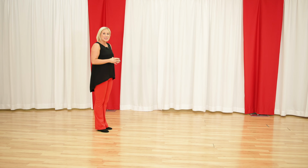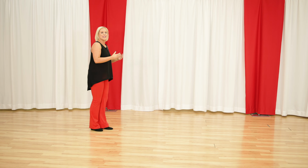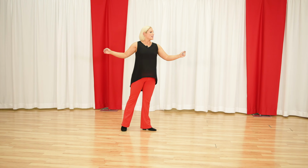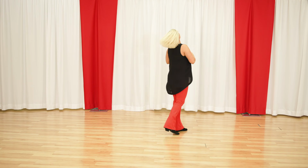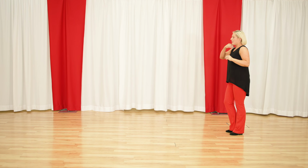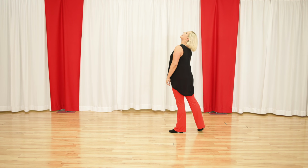If you get dizzy one way or the other, that also might be a limiting factor, and you might be able to work towards it, but maybe don't try it all the time. So we have 1, 2. As I spin, I'm going to send my head back for 3 and 4, 5 and 6. All right, so if we did that one more time, we have 1, 2, and maybe just practice standing there